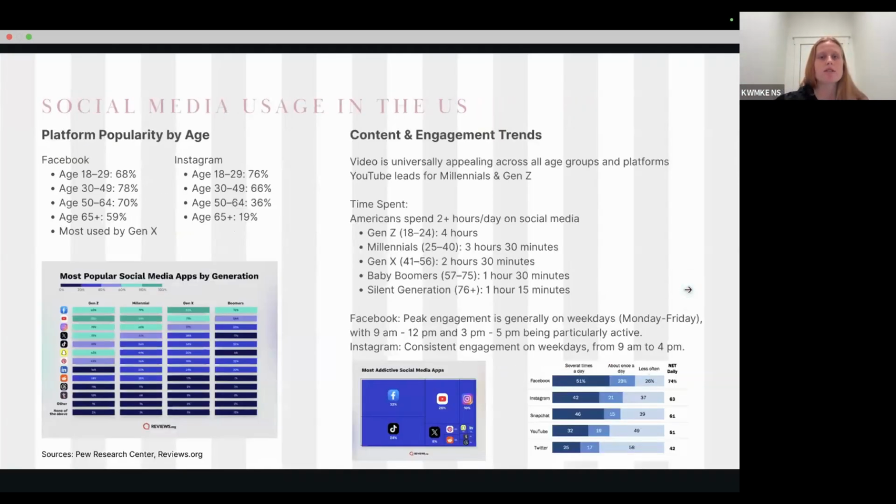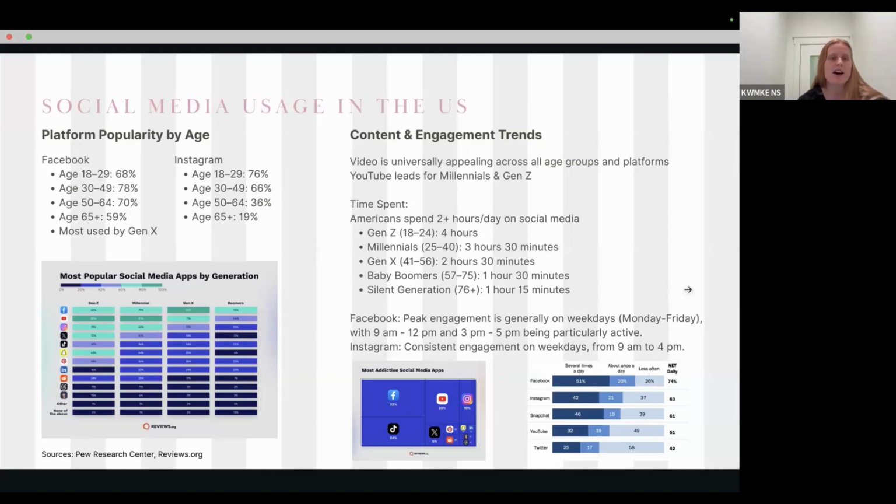And then before we dive into social media, I just wanted to go over some of the trends out there so that you can see what apps are most used by which generation. I'll summarize some highlights or some important things for you. Facebook really remains the dominant force in social media, with, I think, 73% of Americans using this platform, and 68% of adults aged 18 to 29 reporting usage multiple times a day. I have in the bottom corner that Facebook is checked several times a day, way more often than YouTube would be.